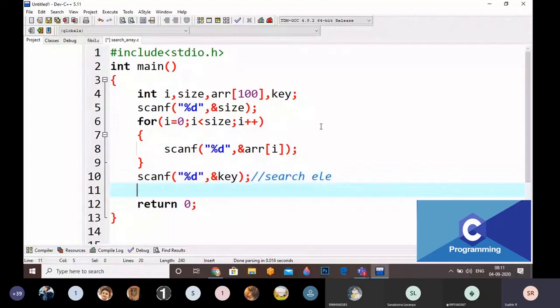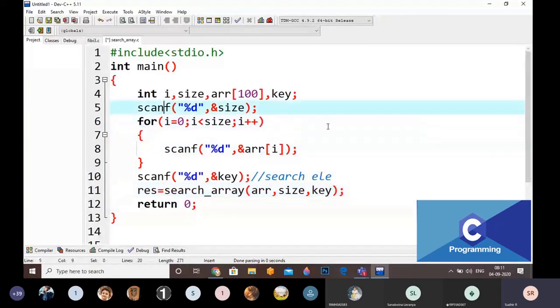Okay. Now I am going to write one function called search underscore element, or search array. What am I going to pass here? I am going to pass array, comma, size, comma, key. I am going to pass three elements. These three elements are going to give the resultant: is it found or not? Some result is equal to.